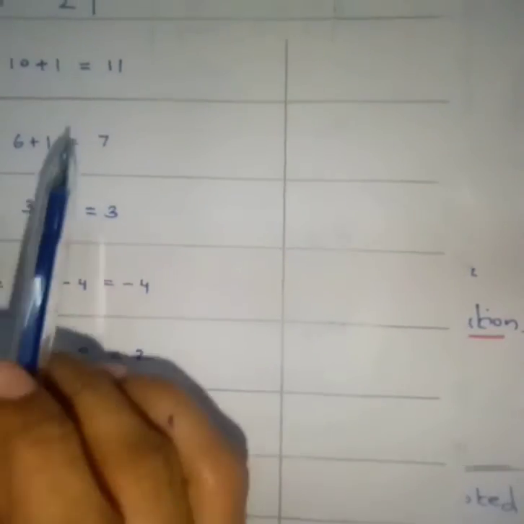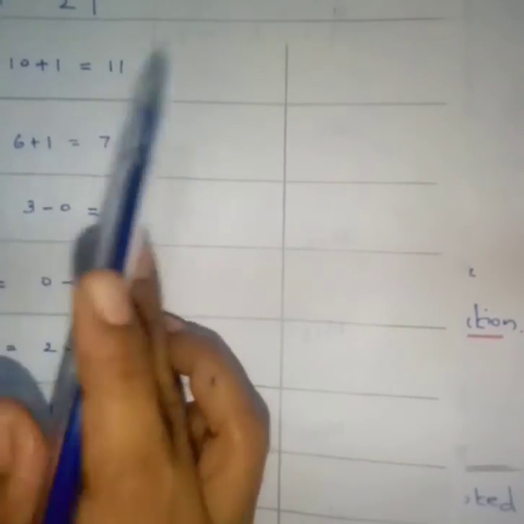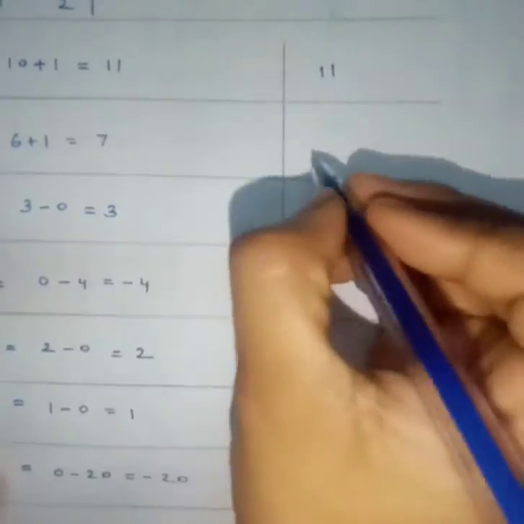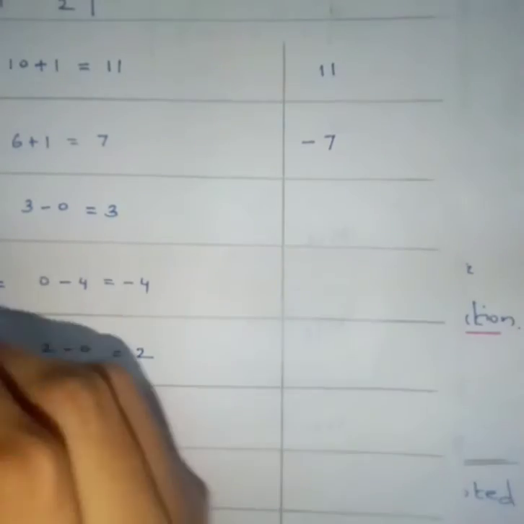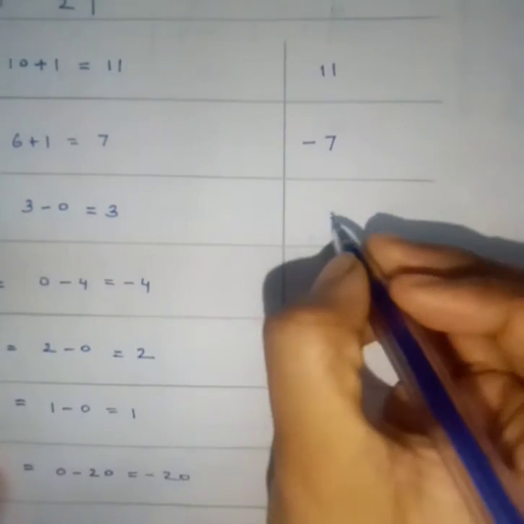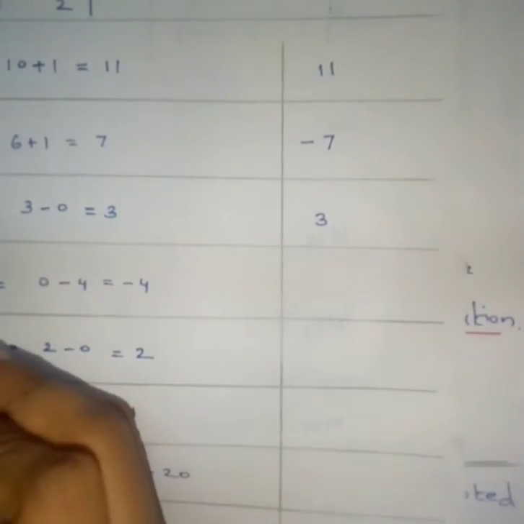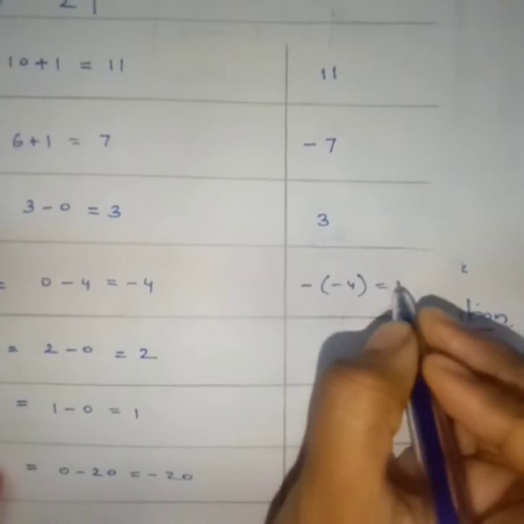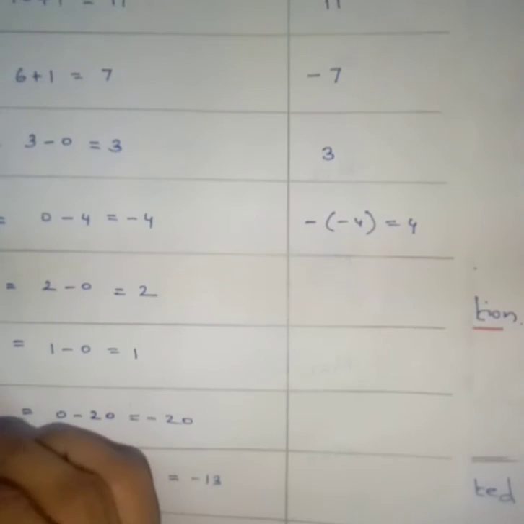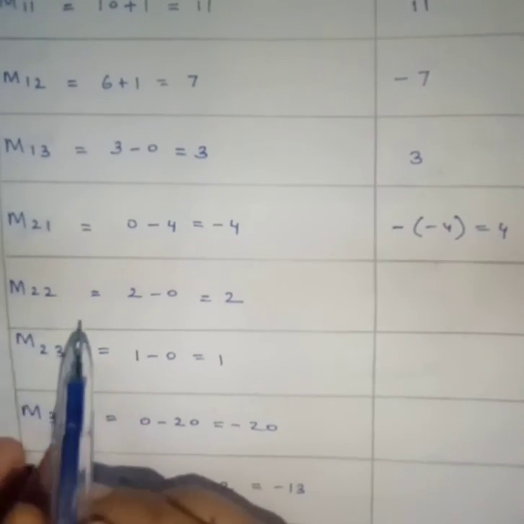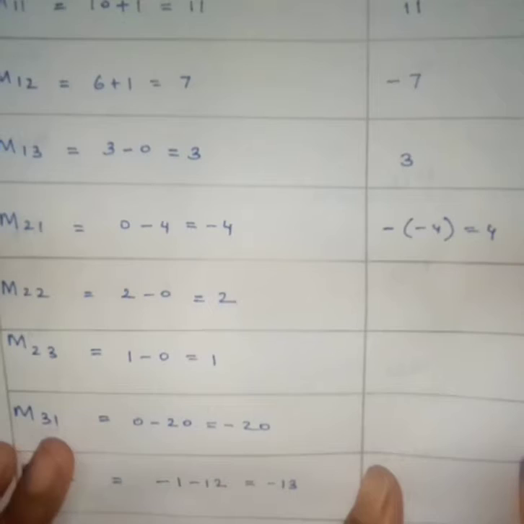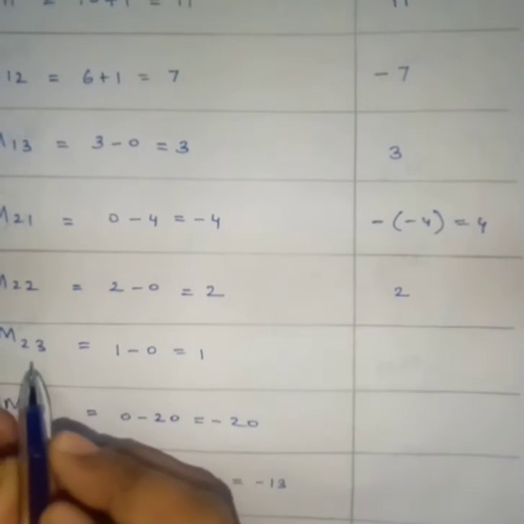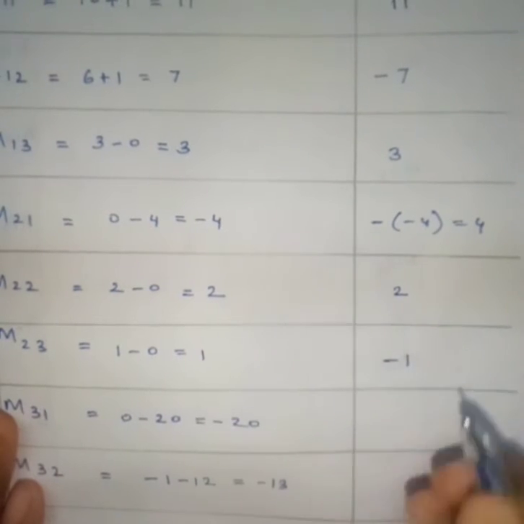Now this is minor. So cofactor, right? Cofactor, it's very simple. 1, 1, even number, so 11, right? 1, 2, odd number, so minus 7. 1, 3, even number, so 3. 2, 1 is 3, odd number, so minus of minus 4, plus 4, right? 2, 2, here it is 2, 2. 2, 2 means it's 4, right? 4 is even number, so plus 2. 5 is odd number, so minus 1.